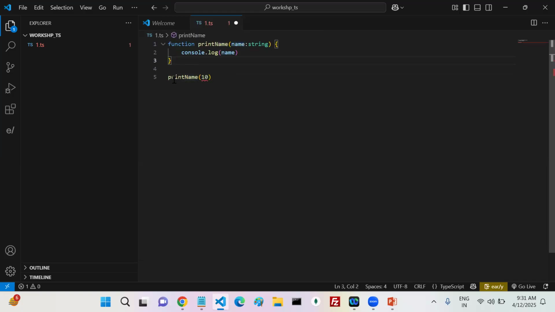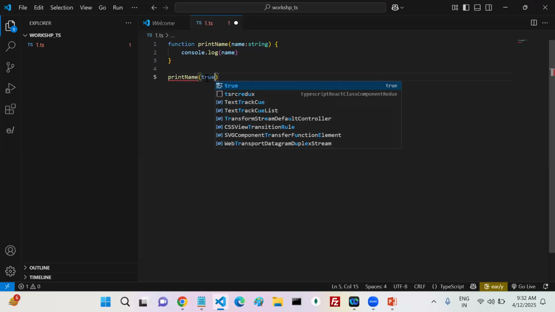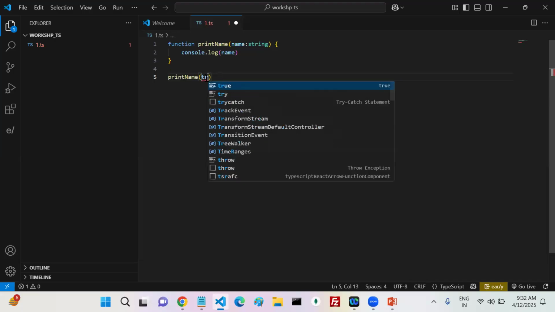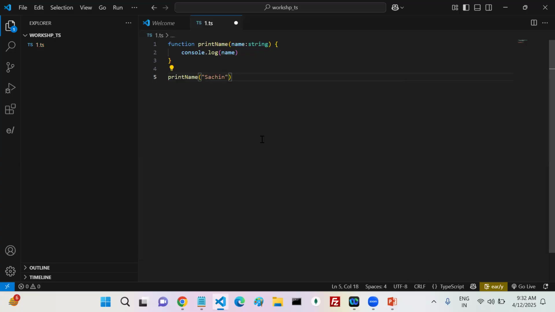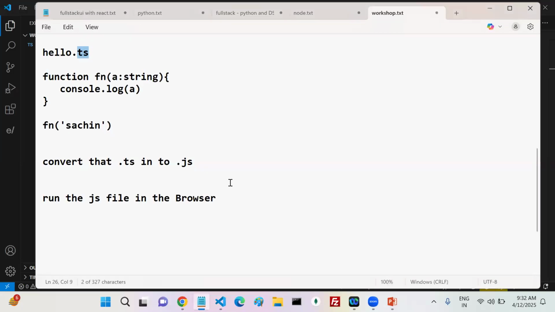Now once it is done, at line number 5, see, it is alerting you. Hey man, that guy is expecting a string. Why are you passing a number? If you pass a number, I'm not able to move forward. Please, he is asking for a string, so pass a string only, not anything other than a string. See, now if you write it like this, there is no error. Okay, done.